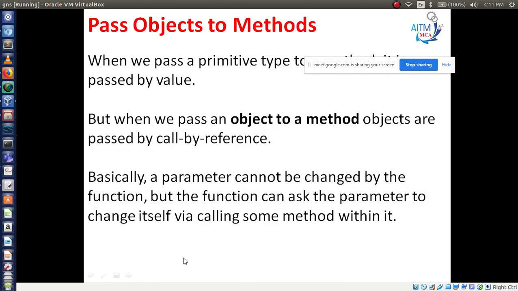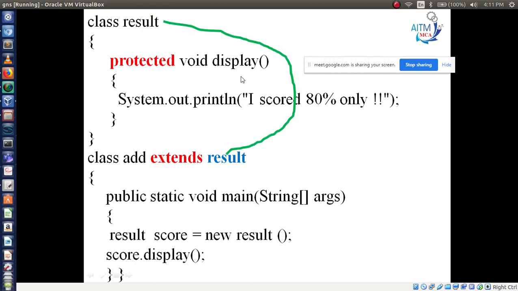So what will happen? It will print. Now you are eligible to access this method in this class with the keyword protected. So the result is: I scored 80% only. It will print. So this is how protected works.